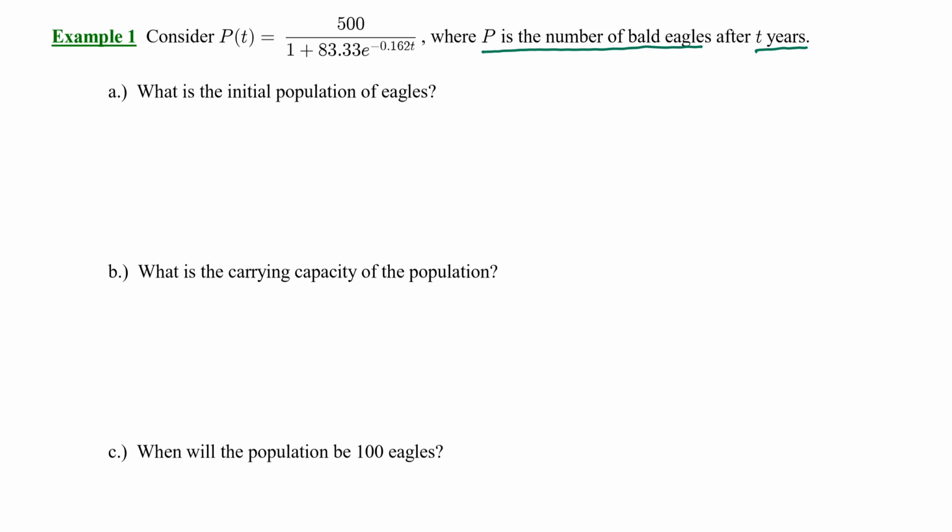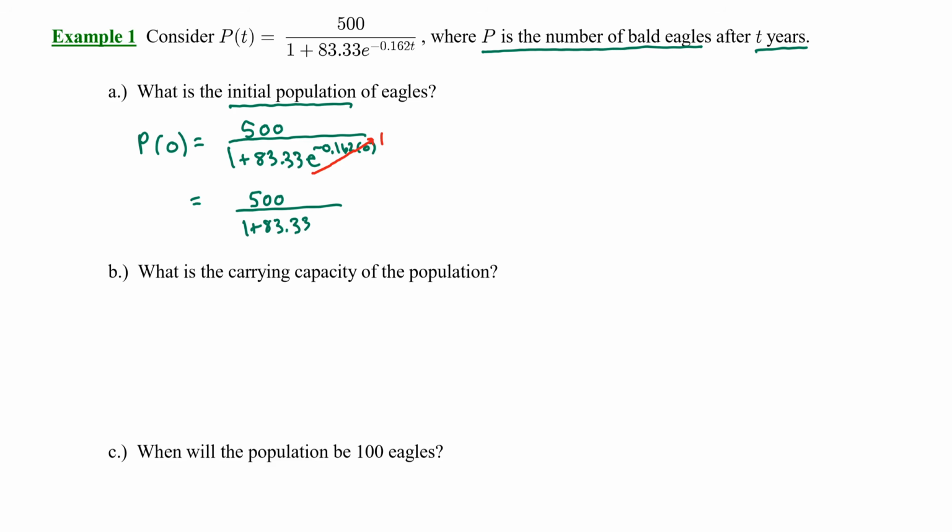What is the initial population of eagles? Well, when we start this model, we're looking at 0 years. So we need to calculate P of 0. That is, we're going to plug 0 in for t. Now, we know that e to the 0th power here is equal to 1. So we can simplify this to 500 over 1 plus 83.33. Or how about 500 over